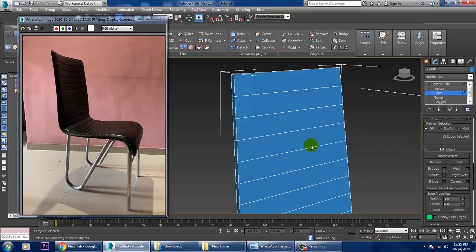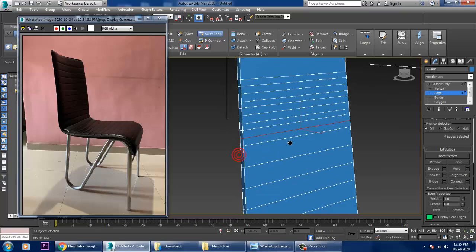After doing this, let's go into this Swift loop and go on adding a few more loops over here.